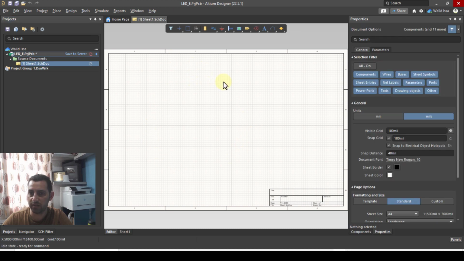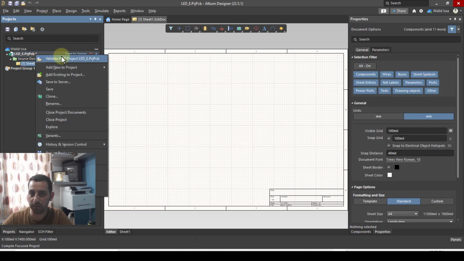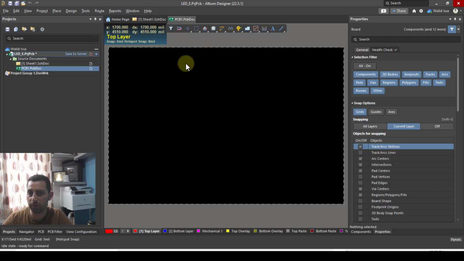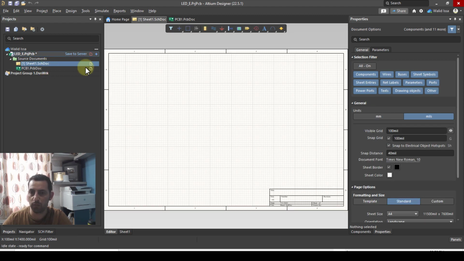We have this white sheet as a schematic, and we repeat that, but we will add this time a PCB sheet, and we got this black sheet here to insert our components later. But there is one important note here. If we just worked on this sheet here and the PCB, we inserted some components here from the default library